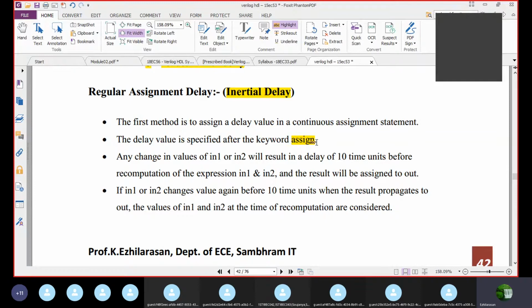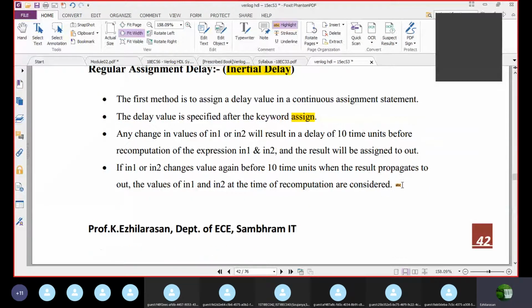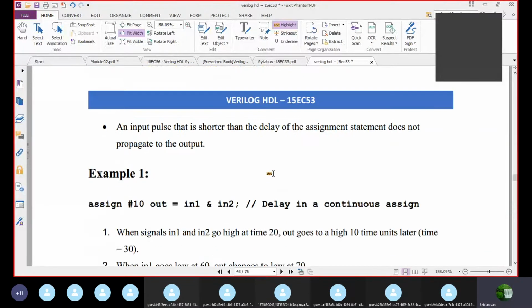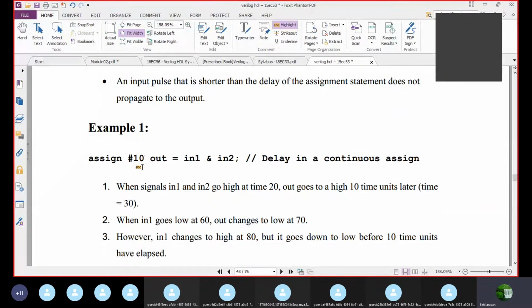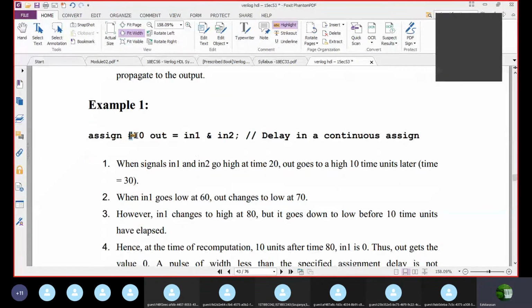Now, any change in the value of in1 or in2 will result in a delay of 10 units. See the example here: after assign, immediately we used #10. This is an example of regular assignment delay, the initial delay. Out is equal to in1 and in2.